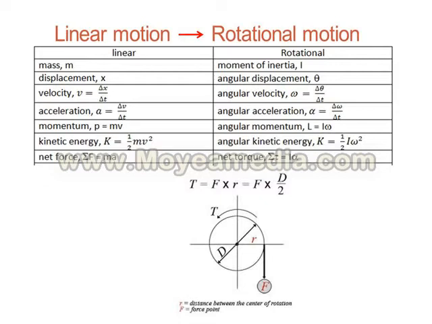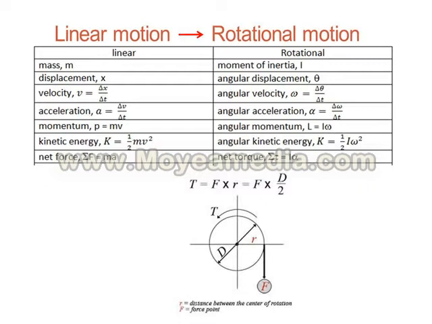Similarly, a rotational system is characterized by moment of inertia, angular displacement, angular velocity, angular acceleration, angular momentum, angular kinetic energy, and torque in place of force. The mass m in linear system is equivalent to moment of inertia I in rotational system, displacement x equivalent to angular displacement theta, velocity equivalent to angular velocity omega,